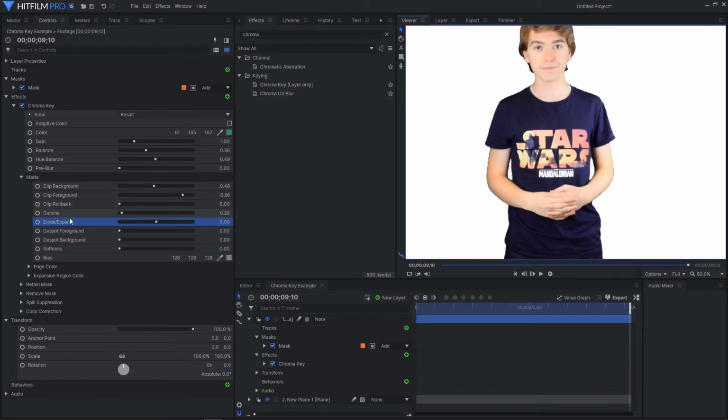Then we have Despot Foreground, which aims to remove holes in the background or foreground. Used subtly, this can improve overall keying quality without affecting edge detail. However, I kind of want these holes in the foreground because otherwise I'm a bit of a blob at the top here, because it's combining my arms with my body if I increase that, but it might be useful for some